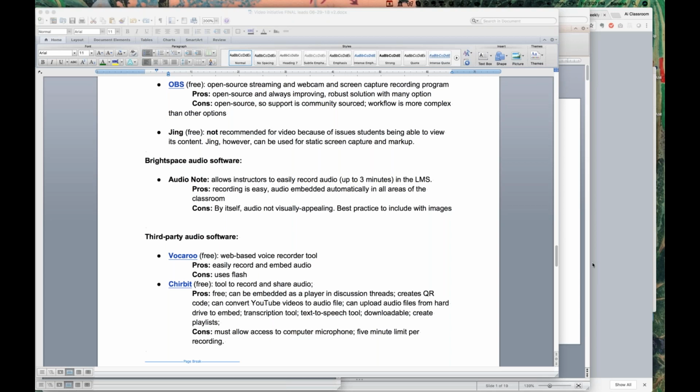And right, if you feel that a video of yourself talking to the students isn't as effective as a screen share where you're pointing at specific facets of a work of art or whatever it is that you're looking at, then maybe screen share would be the best option for you, if that's what you'd prefer to use in that instance. And Screencast-O-Matic, even though it's third party, it's really efficient. It's a great tool. It can very seamlessly be integrated into your workflow.